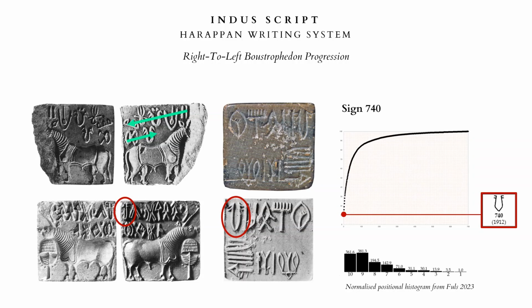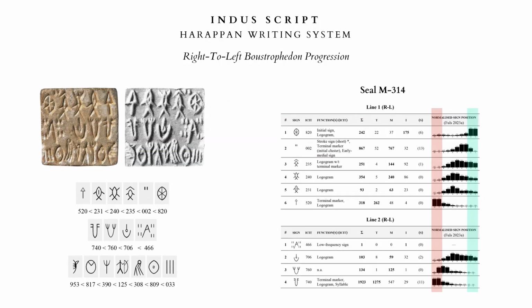However, some of these sequences of signs on more than one line have simply contained separate inscriptions, as suggested by the presence of specific signs at the end of the first line. This is the case, for example, of this square seal from Mohenjo-daro, which bears 17 signs arranged in 3 lines, making it the artifact with the largest number of Indus signs on a single surface found to date. Statistical analysis of sign position and affixation suggests that the 3 lines constitute 3 distinct sequences, either forming a single continuous text or conveying discrete informational units.